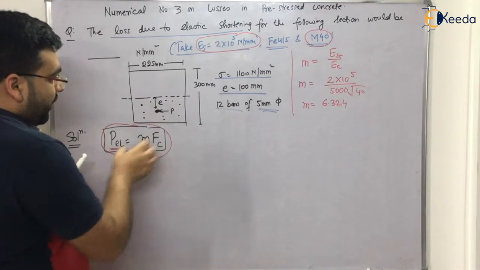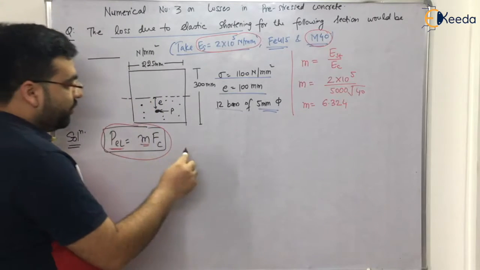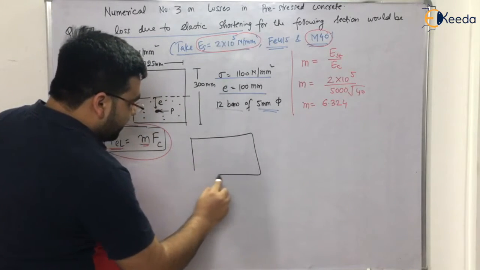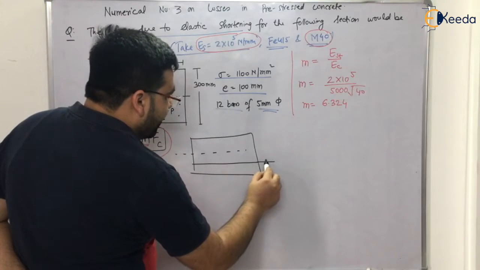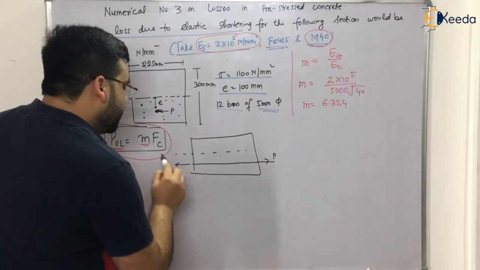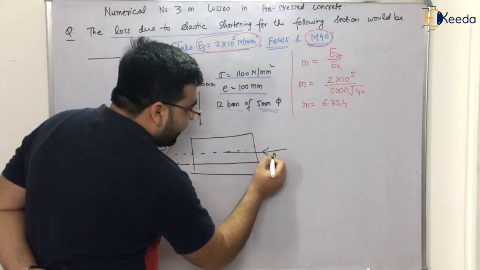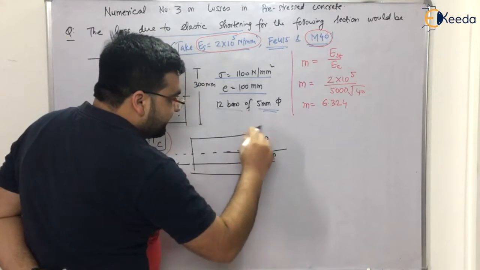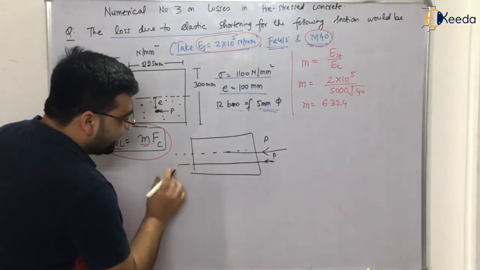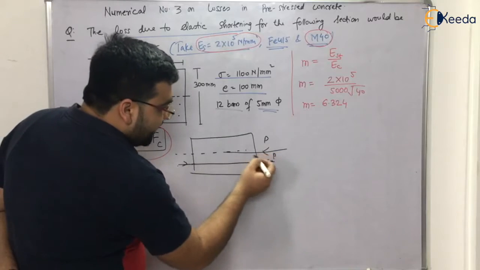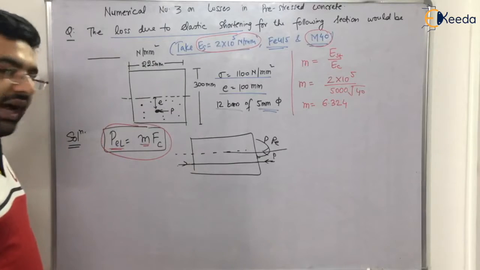So now this is your load. If I take the front view, it can be like this. This is the neutral axis, and this is your load P. Clear? It can be transferred on the neutral axis, P, and there can also be a moment. If you shift the load, the direction of force will be like this. So this load P and the moment P into e. Clear? I can write it like this.